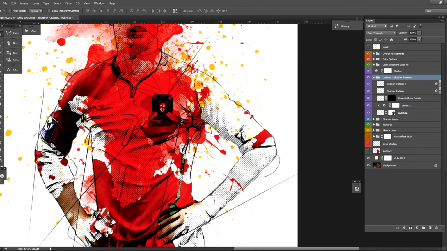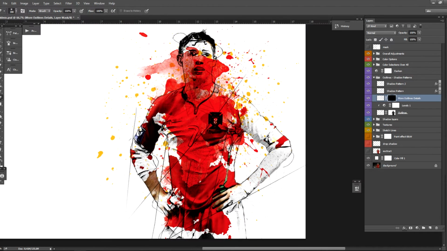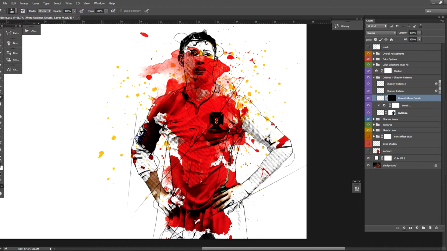You have the more outlines details, which is hidden, so you can brush on this layer mask and reveal more outlines on your design.